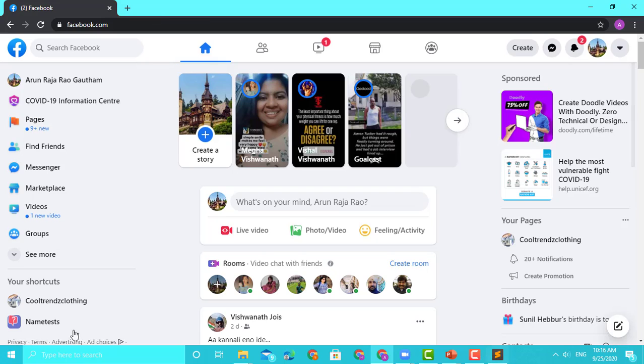This entire page is in the HTML tag. The children could be: the navbar is one child, the left side is another child, and the middle one is another. So there could be a parent-child relationship, but in general that's how it is. You could have multiple children.